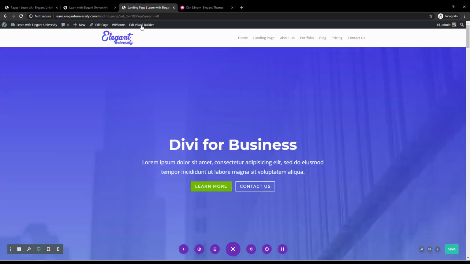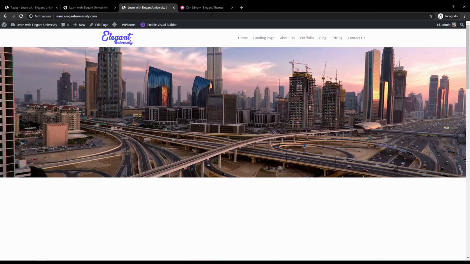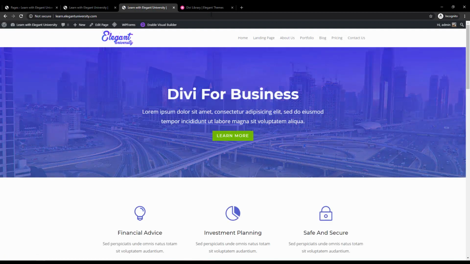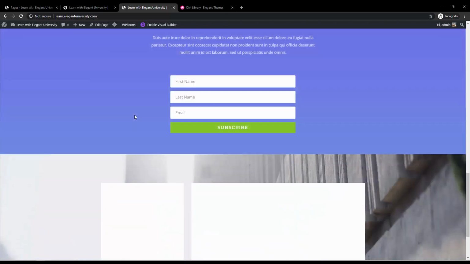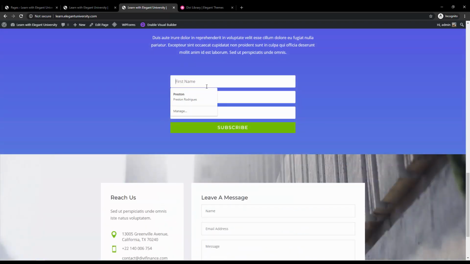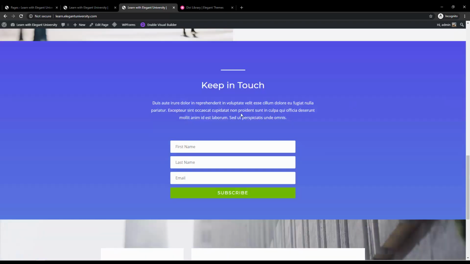So let me just go to the front of my page, and I'm just going to remove this to open up the front end of my page. That's my index page, I mean my home page. And now we have one module which has been created. Over here, now this is a newsletter section where you can take the first name and the email. Now it has particular settings which you have to play around with